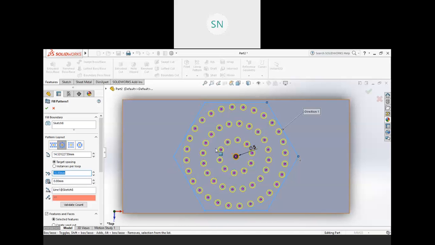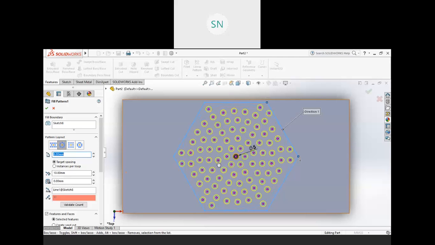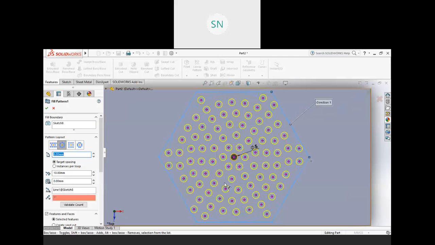One is your radius and one is the spacing between two. So this is the spacing between two and this one is the radius. So let's say 8 mm radius. So in this way you will get circular copies. Gap from the boundary 5 mm, so the outer ring is removed.